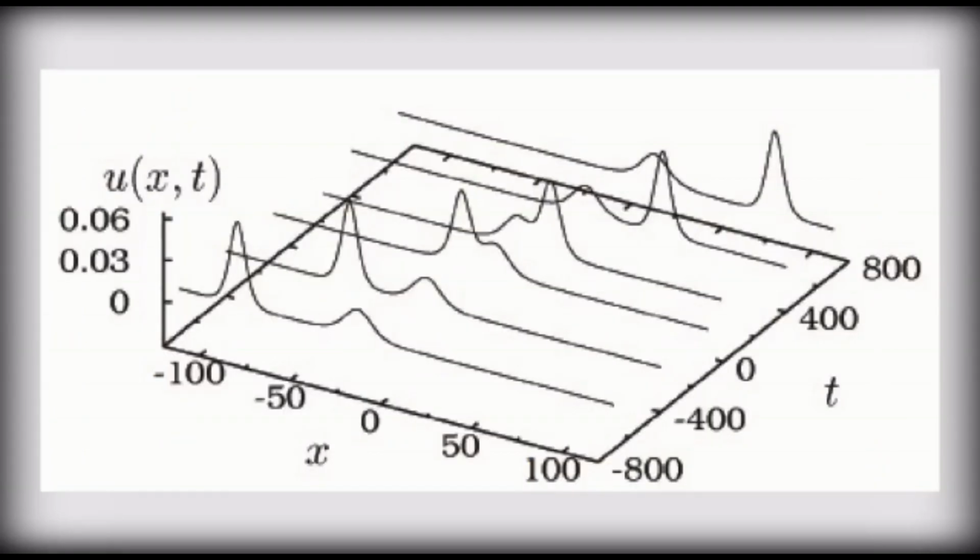For a better understanding, here we have shown the interaction of two solitons. Initially, the two solitons are well separated, where the taller one travels faster and the smaller one travels with less velocity. So the taller one overtakes it, and after time passes, it comes out. After this collision, the two solitons appear intact. The only effect is the phase shift. That is, the center of each wave is at a different position than where it would have been if each one of them were traveling alone.